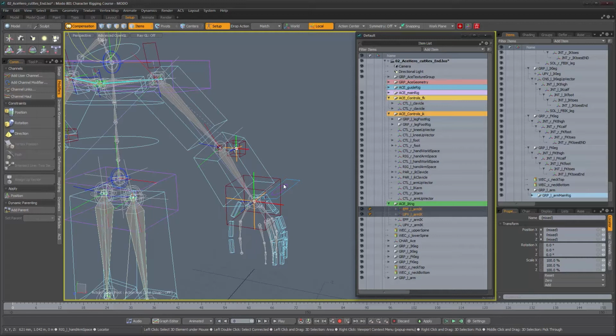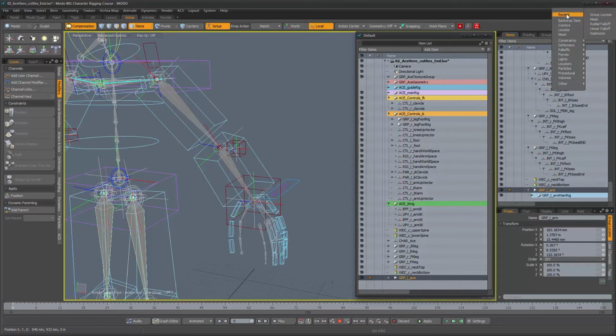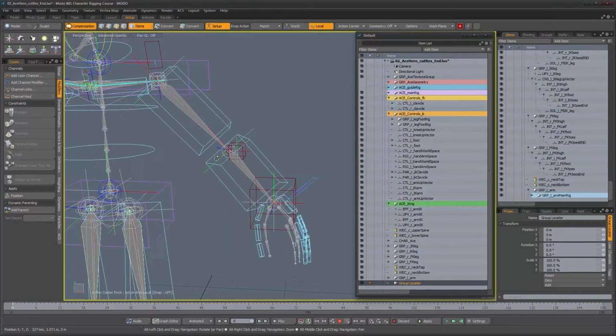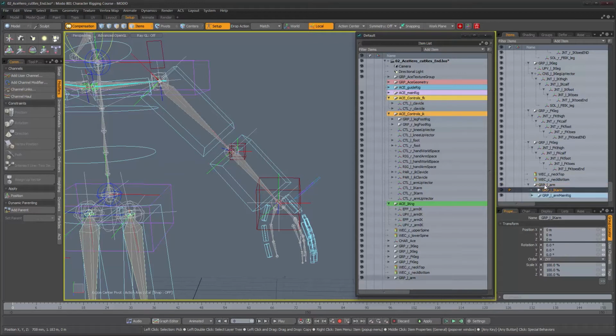So let's take care of these. We can create under our group here another group locator, and we're gonna match it in the same way to this guy, and let's call this one group left, and we're gonna call it IK arm. Okay, and we're gonna parent under it the IK arm of the character, so let's make it part of the